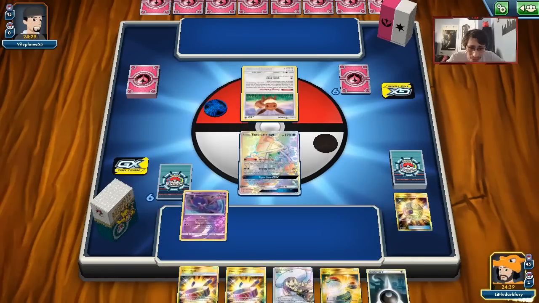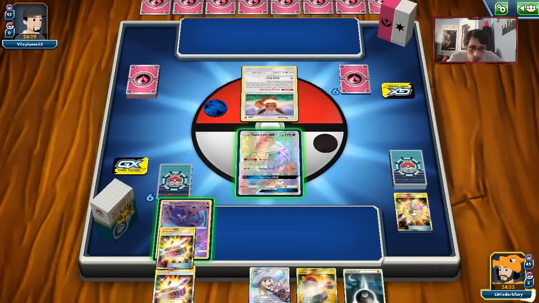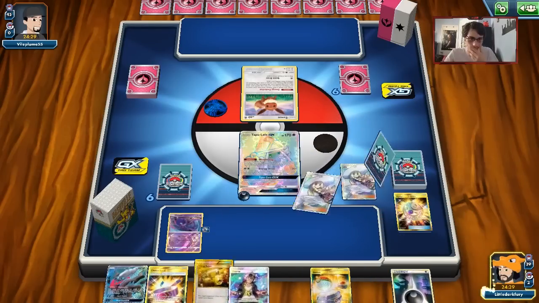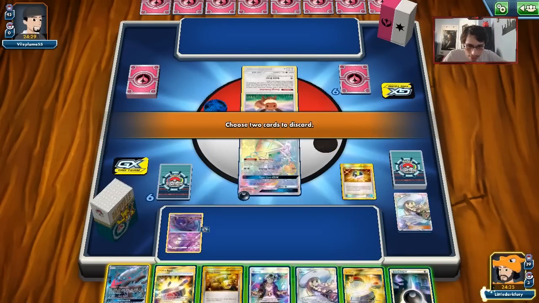Again, we don't have the greatest hand, which kind of sucks. I guess we'll have to Choice Band one of these guys. I don't want to draw it. We'll attach to Lele. We'll Lillie. What do we get? Alright, we got an Ultra Ball. That's good. We'll get rid of Darkrai and